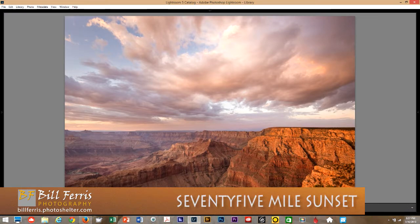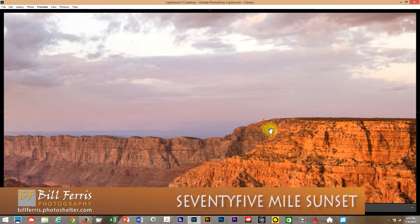Now, this is not an established overlook and is not a place that is visited very often, if at all, by most tourists or visitors to Grand Canyon. And from my vantage point on Papago Point, I was looking east, northeast, up through 75 Mile Canyon. You can see in the distance the Colorado River. And on the south rim, if you look very closely, you may even notice Desert View Watchtower off in the